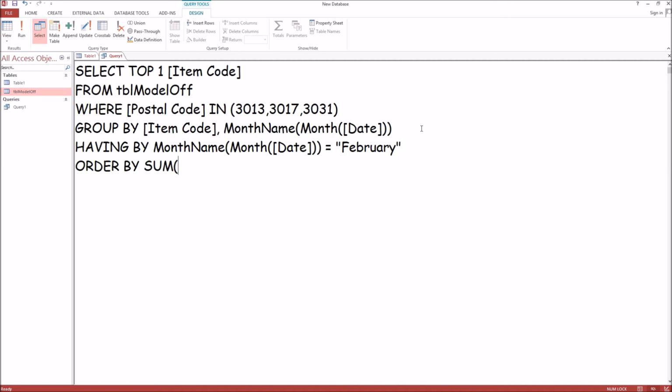So sum sales price per unit minus cost per unit, close parentheses, times quantity,